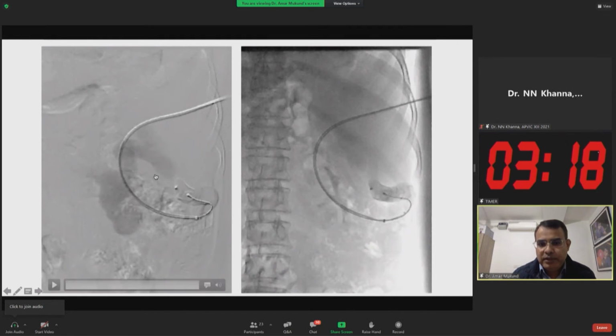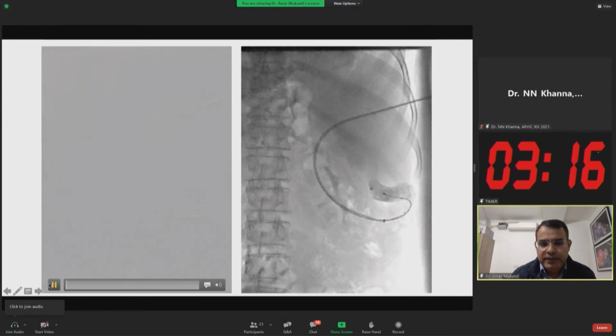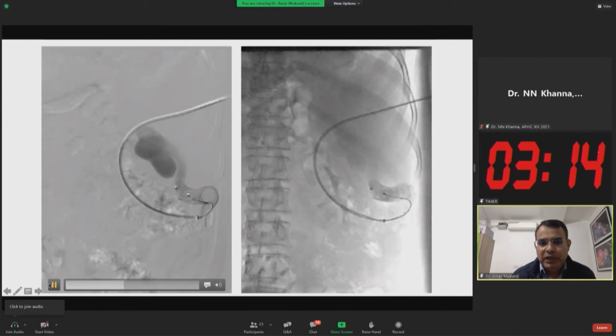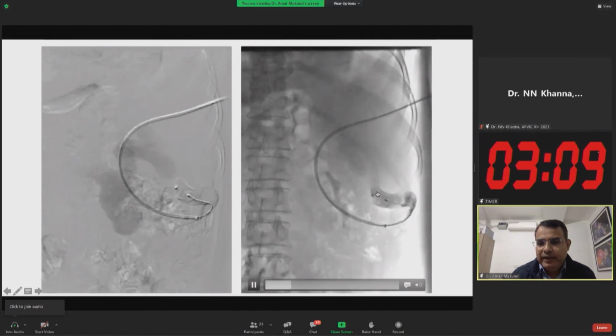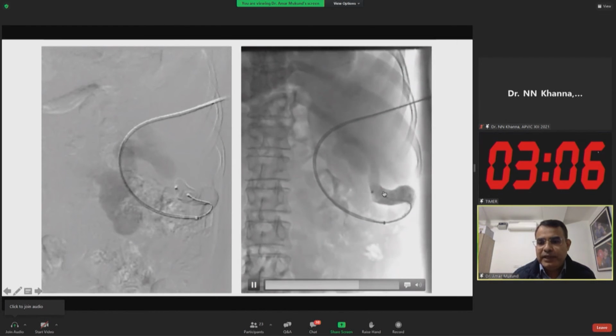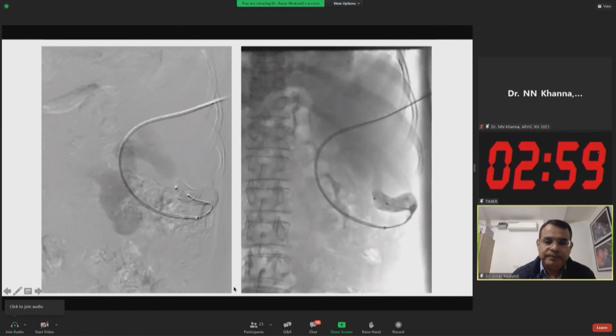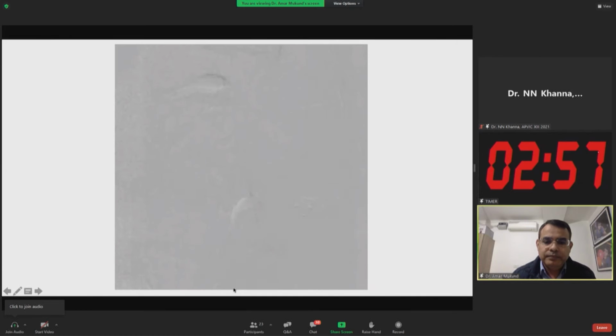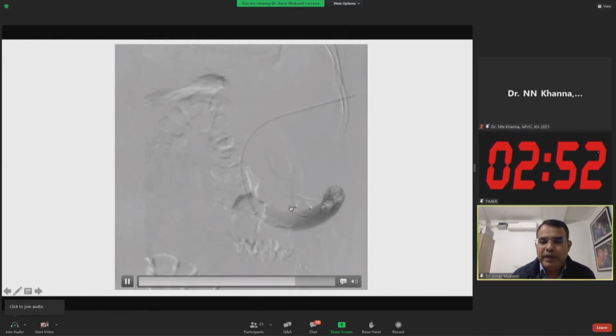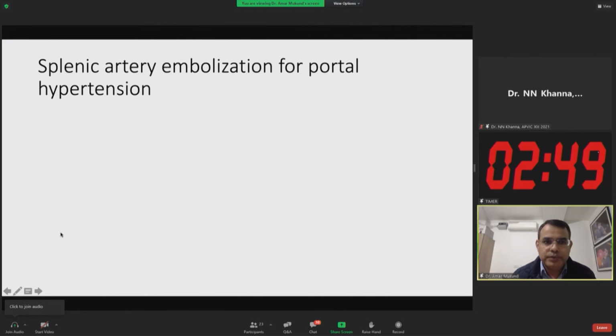And this is the picture after placing the plug. So you can see even after the plug, as I showed you earlier, these are very difficult to close shunts. And then again, here, gel foam slurry has been injected, and through the gel foam slurry, the flow has been slowed. And after that, this is the picture we get. So it is totally occluded after that, and the shunt is closed. So these are the methods how we can actually close the venous side.